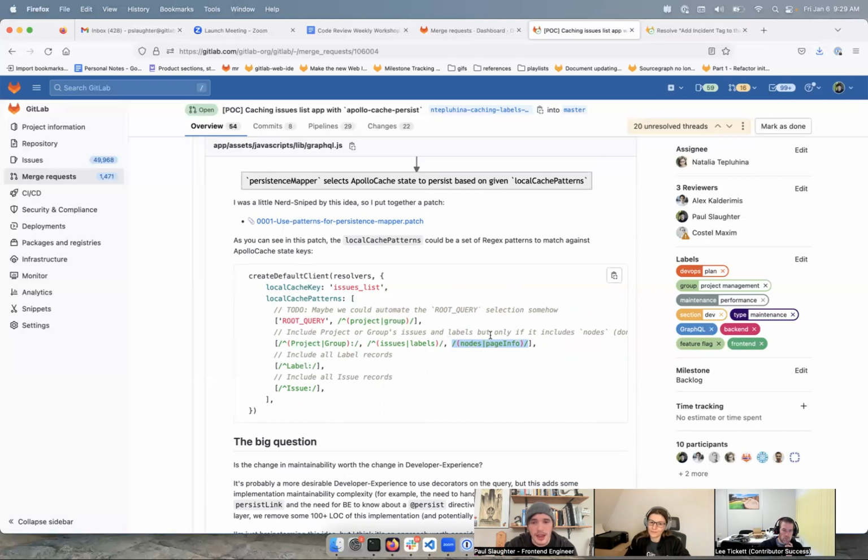This may not be intuitive, but we only would include queries. We're not including the count queries because those show up in the cache, but they're not persisted, and we don't want to persist those. We're only persisting. And so here, rather than selecting by query, we're selecting by the state of the issues